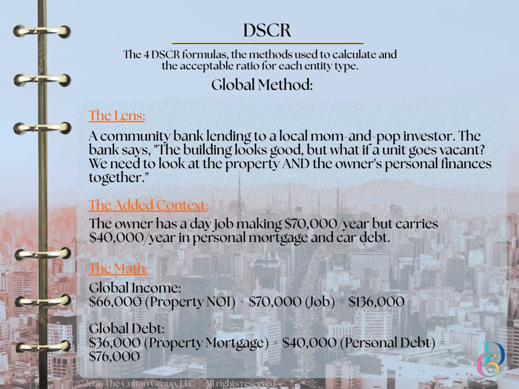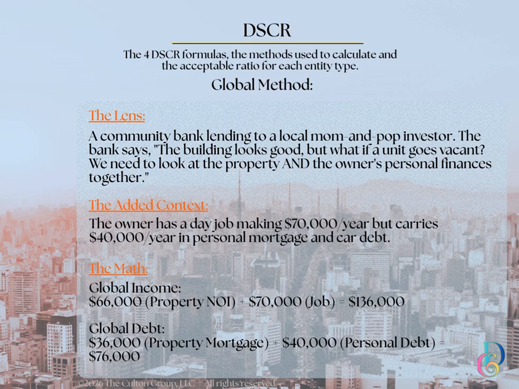This is the global method. The lens that we're looking through is a community bank lending to a local mom and pop investor. The bank says the building looks good, but what if a unit goes vacant? We need to look at the property and the owner's personal finances. Remember, global throws everything into the mix. It's the business